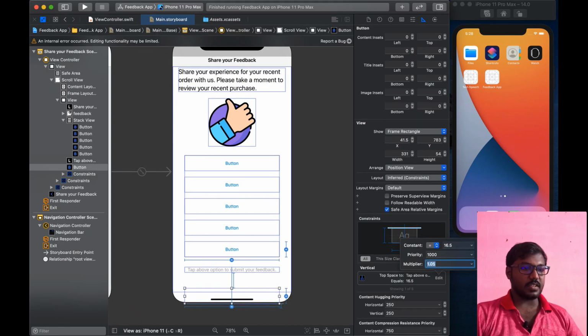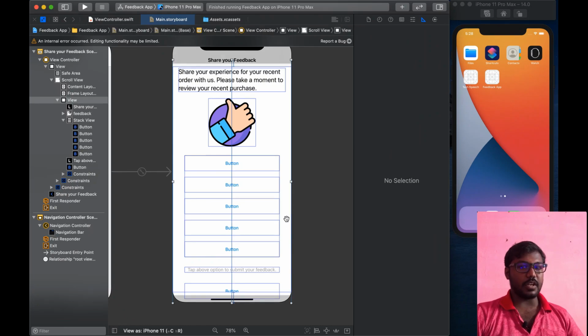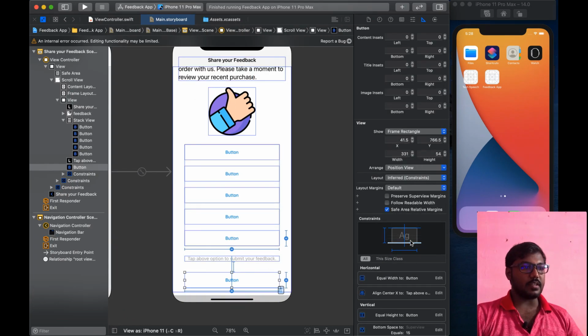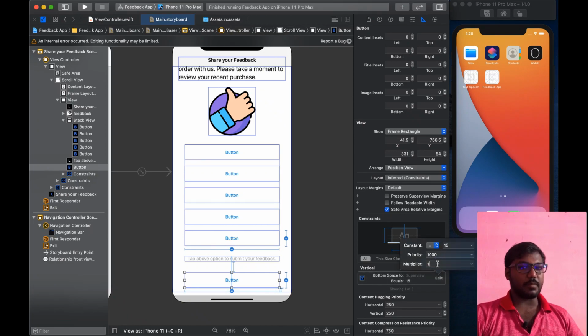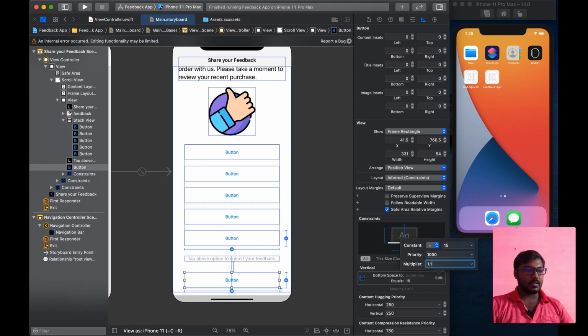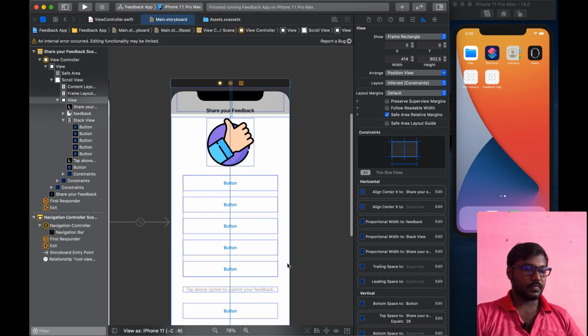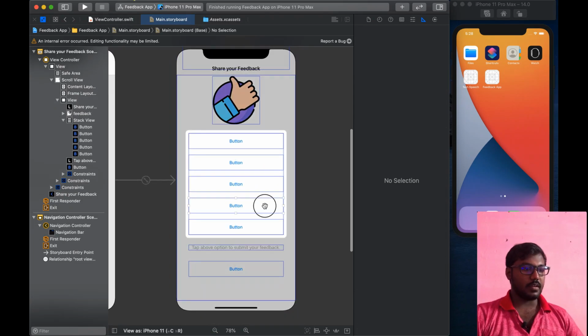Now I am changing all the top constraints into multipliers, so we don't need to set a constant value for that. Now if we scroll the scroll view, it will automatically adjust. Okay, it's enough. Now the design is okay.